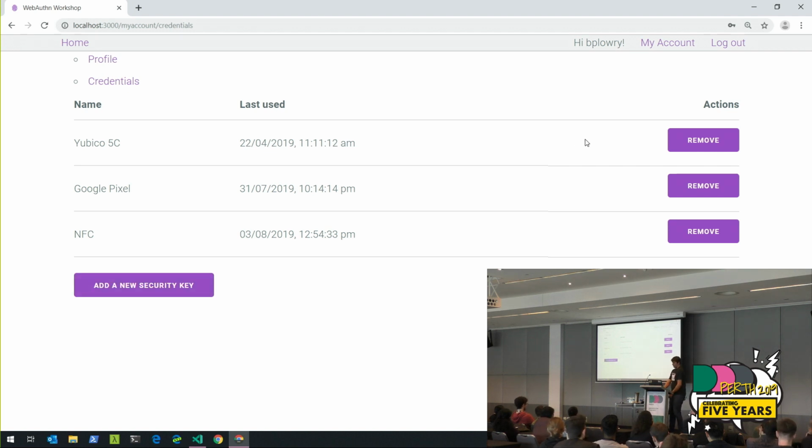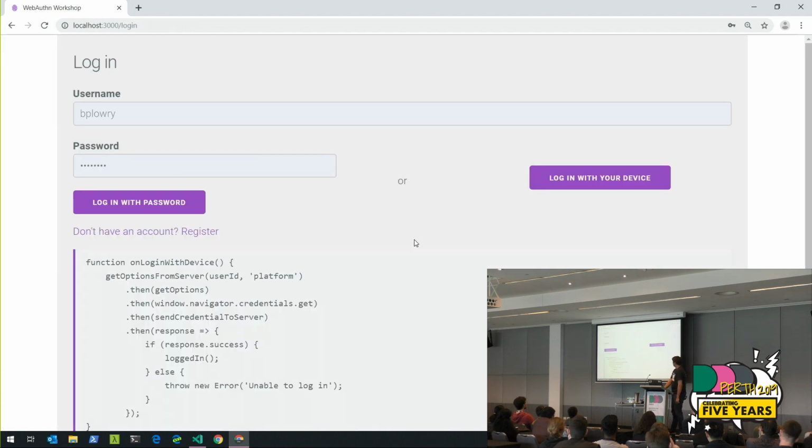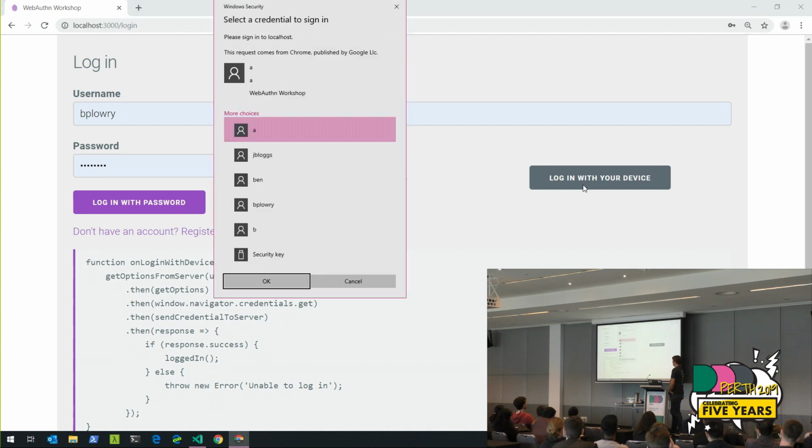Let's say I'll log out and I can show you logging in with that device if it wants to work. So I've got my username. I'd need to enter that still. And I can click login. Pretty much the same thing. I'll get a prompt. You can see that I've been testing. So it's showing me all the credentials I have registered for this site and the many usernames and that kind of thing. So here it's got this WebAuthn workshop. That's that display name that I set from the relying party.